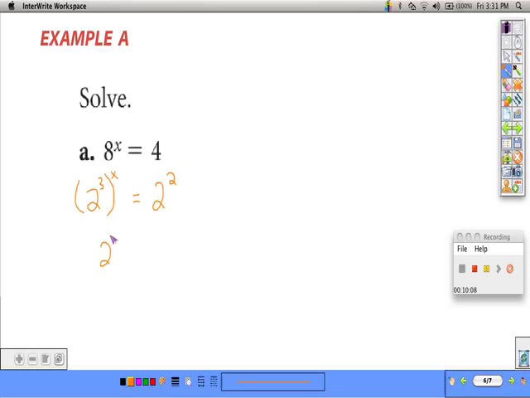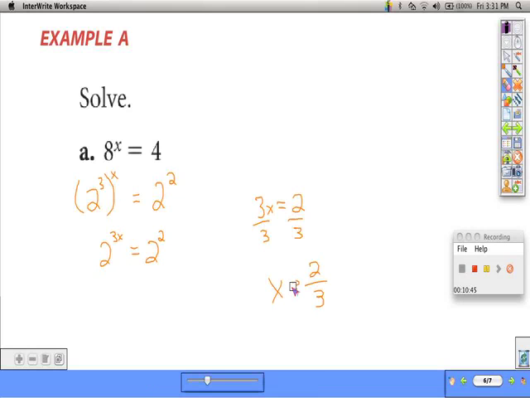So I have 2 to the 3x equals 2 squared. So I have two powers that are equal. The bases are the same. That means the exponents also have to be the same. If these two things are truly going to be equal, all parts have to be the same. So since they're both base 2, 3x and 2 have to be equal. I can divide by 3 and find that x is equal to